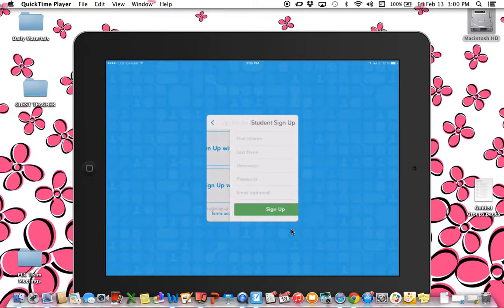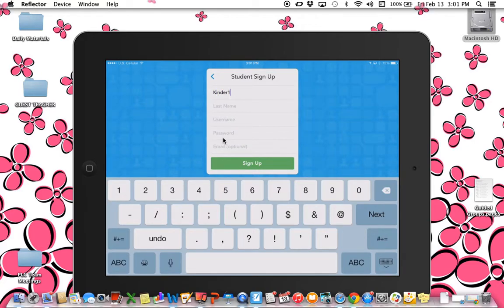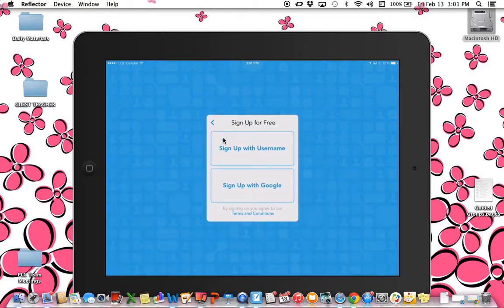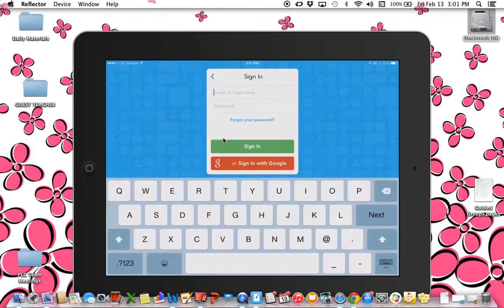student, then you would sign up with username, and all I do is type like I did Kinder 1 for their student number for both username and password, and that way then I don't have to change this every year. So I'm actually going to sign up. I created an account that I use when I'm modeling for students, so I'm going to sign in with my account,